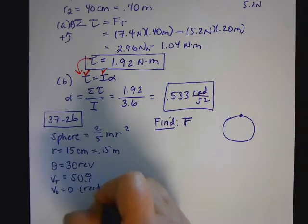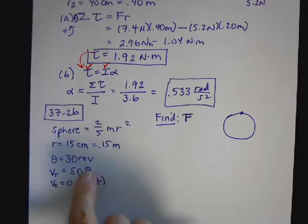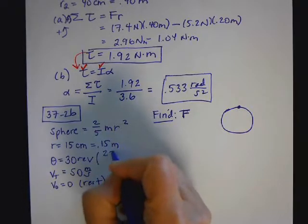Because the force is what causes it then to rotate. So that's not clear in the verbiage, but this starts from rest. Okay. All right, so where do we start? Well, first of all, do we want anything in revolutions? No. So what I'm going to do is I'm going to convert this, and I know that 2 pi